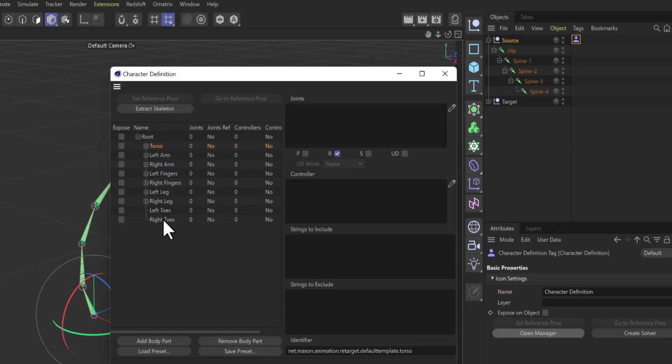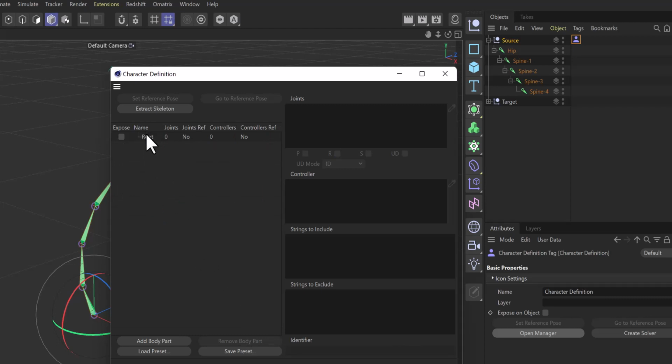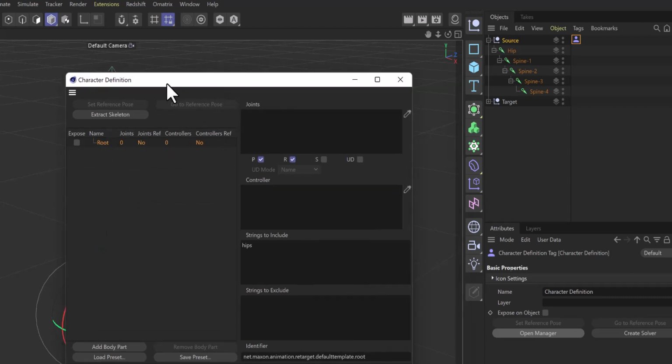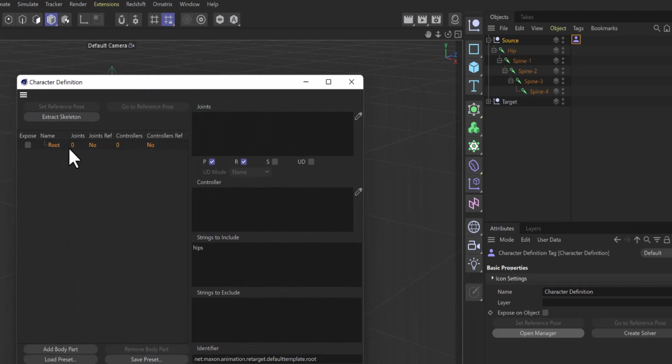I'm going to shift click everything in here and click on Remove Body Part. And we're going to add some joint definitions, or shall I say some name definitions in here. So we can add body part. I'm going to call this hips. Add another body part, spine